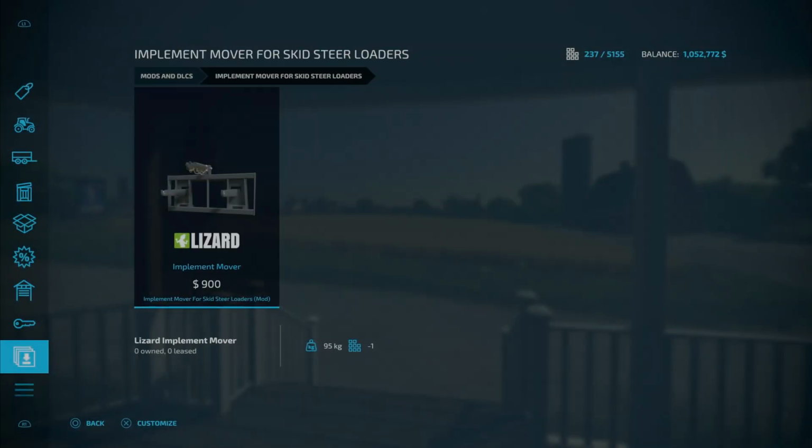Next up, we have the implement MoreMover for skid steers. So basically, this takes your skid steer and it puts a 3-point link on it, so you can move items around the farm. Pardon me, this is going to be 0.43 megabytes. $900 takes up 1 slot, and I do happen to know that the only thing you can change with this